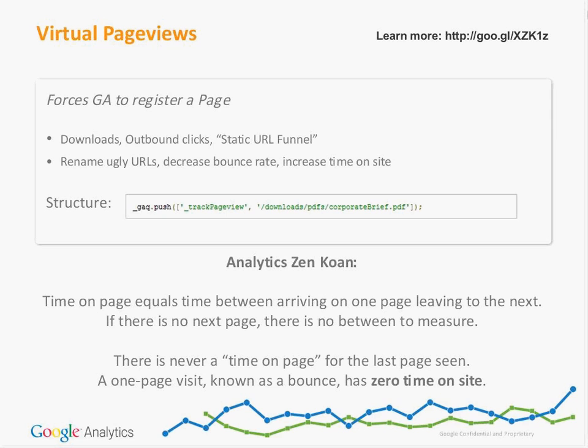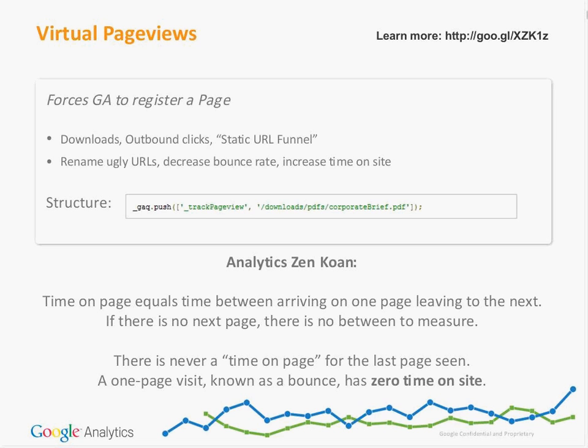We'll cover that more in a little bit, but just to acknowledge that virtual page views are great when you have a static URL that has multiple refreshes within it, often within Flash or Ajax or some dynamic or modern web code protocol. When you have a static URL and you're flipping through potential pages, those are kind of page views. It's just the way that you've built your site, they don't actually register a new URL, they don't register a new page. So virtual page views are excellent for defining those dynamic pages as if they were their own page,